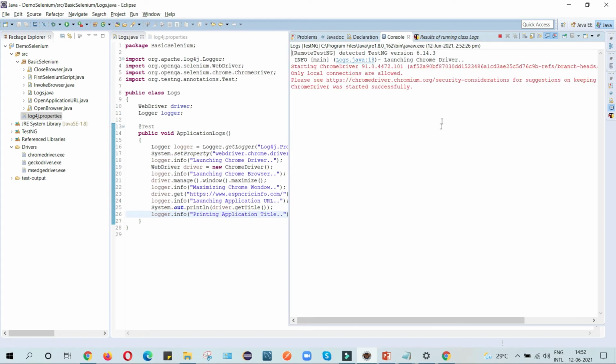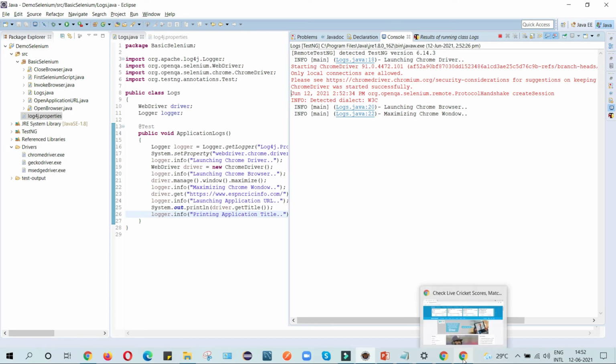Yes, you can see that my logs are getting generated. Here you can see launching Chrome driver, launching Chrome browser, maximize Chrome window, and it is still running.